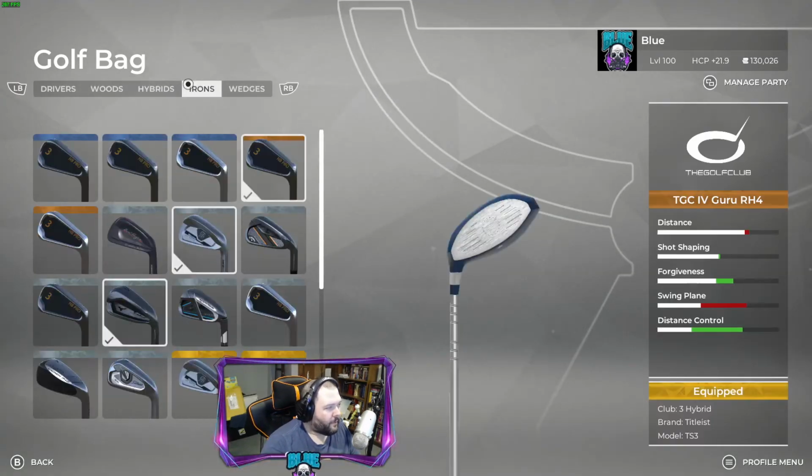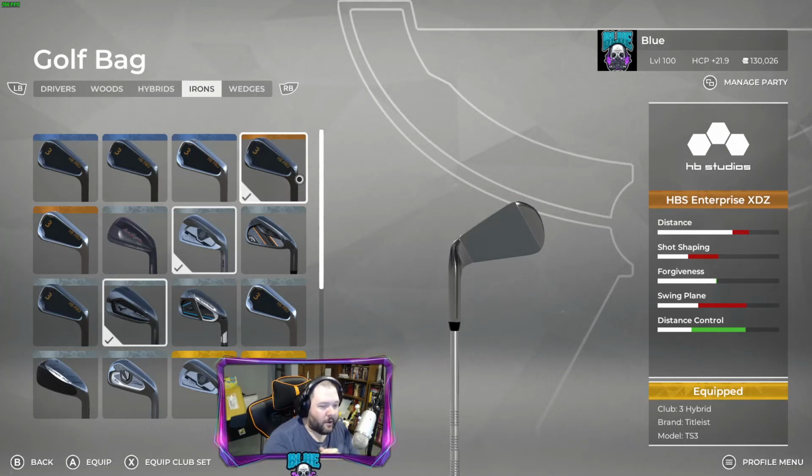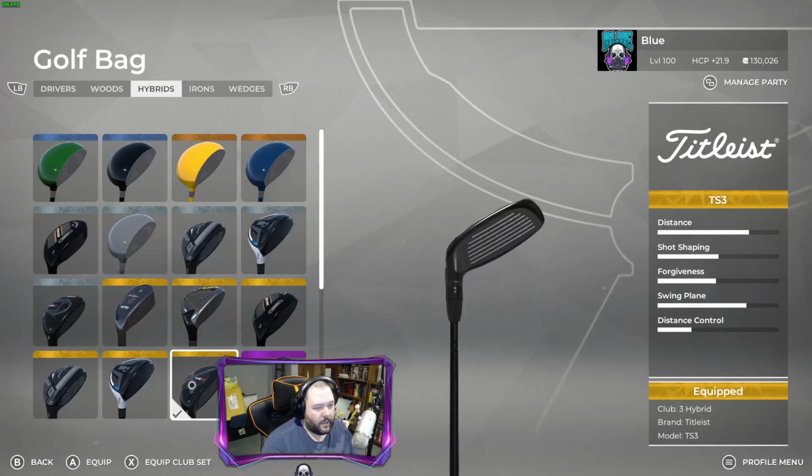If you look at the hybrid versus the iron, the swing plane, the shot shaping, and the distance are completely non-existent on the 3 iron. The distance control is a little bit better with the 3 iron, and the forgiveness is about the same. So I decided to just keep my swing plane, keep my shot shaping, keep my forgiveness, and it is still a lot easier to distance control with a hybrid, in my opinion, than it is with the iron,